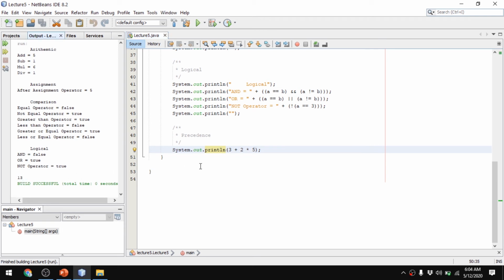So why is this? If you have not clearly watched our previous slide, go back and check whether the asterisk or multiplicative operator is above, or the plus or minus operator is first. I have seen it, the asterisk operator is above plus, so the asterisk should process first. So what does it mean? 2 multiplied by 5 is 10, and then it is added to 3. So this is what the precedence means.